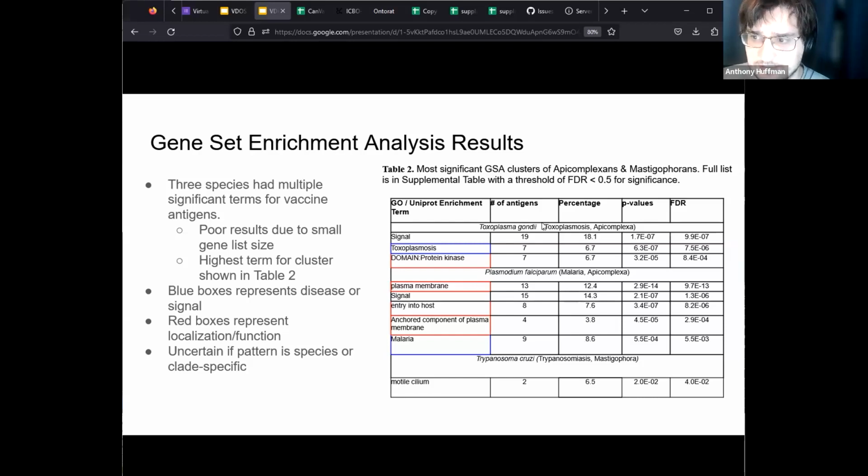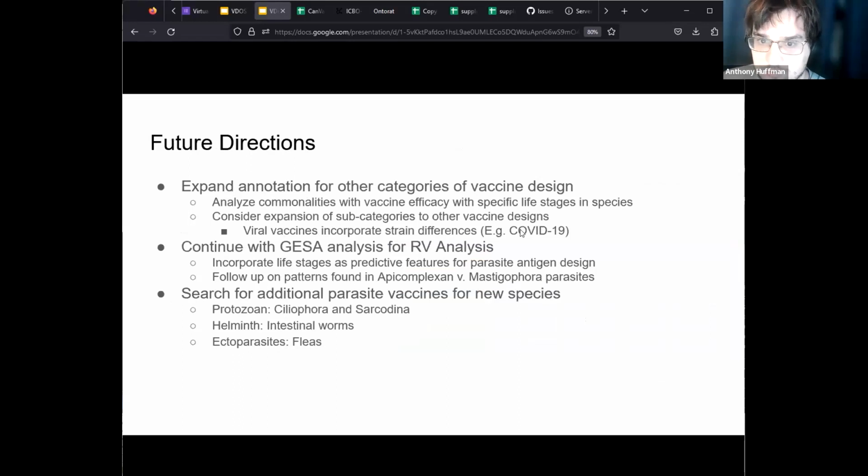While we're starting to see some differences for what's going on, this is still a very small sample size and is just used as an initial baseline to show that, yes, we're starting to be able to predict some significant features for these antigens. This is something that we want to investigate further as part of our future directions. Right now, this is just the master list for other antigens. That was partially done because if we were to restrict these vaccines further to unique life stages within the actual parasite, we're going to start dealing with the issue of the gene list being too small.